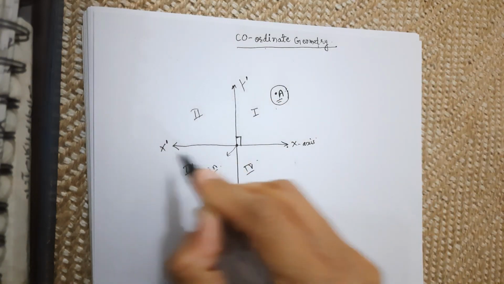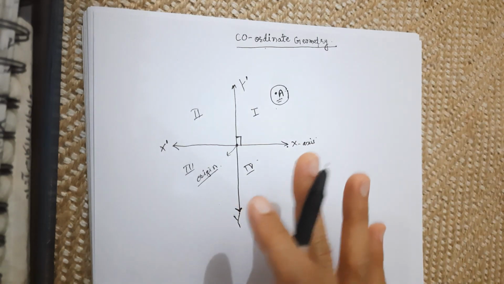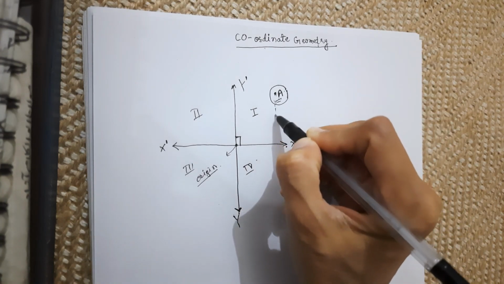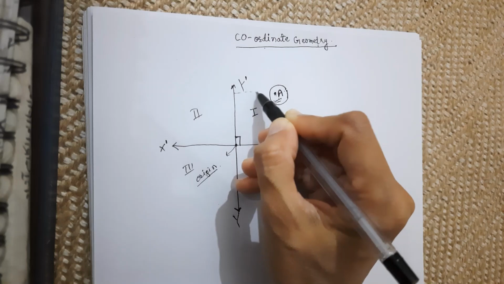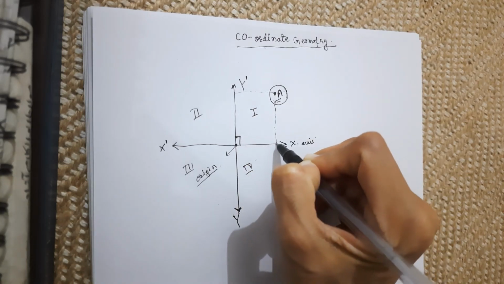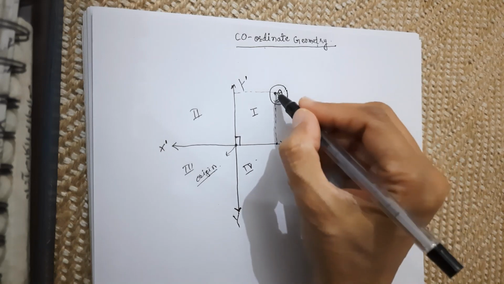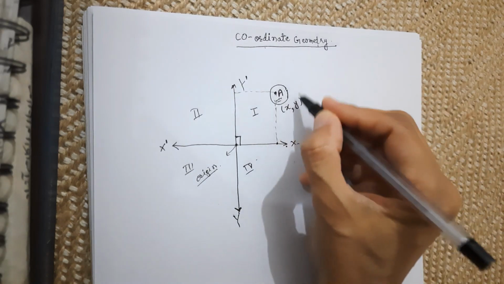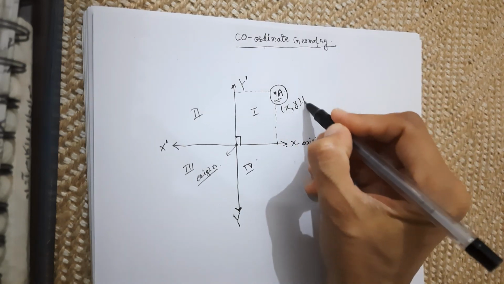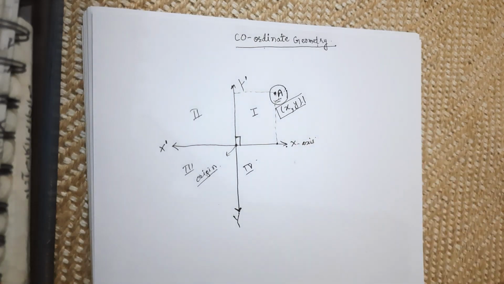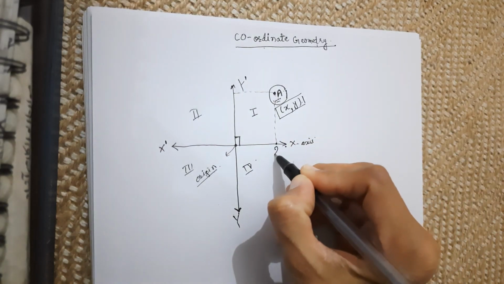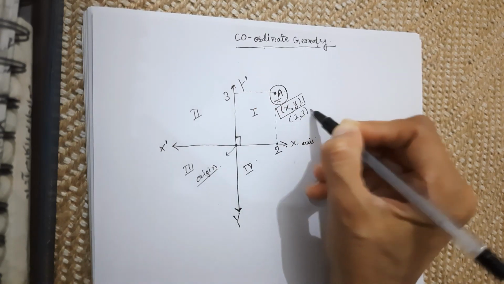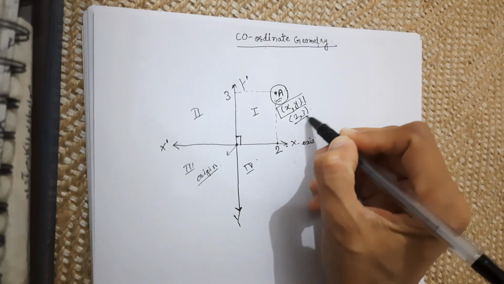But if we have this axis system that we draw here, then we can locate it exactly. For this point, we just say where it is on the x-axis and where it is on the y-axis, or how far it is from the origin on the x and y-axis. So the position of this point we indicate as x comma y. Now this is the perfect location of point A. Suppose here I have 2 and here I have 3, then the position of this point will be 2 comma 3. Okay, now nobody will be confused.